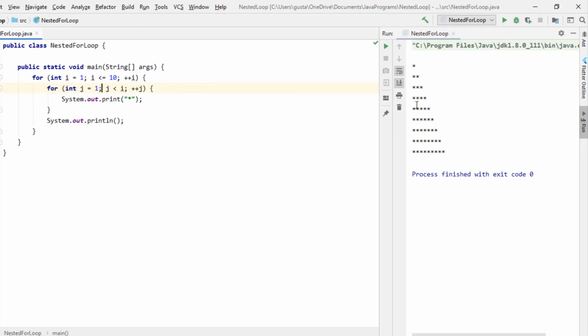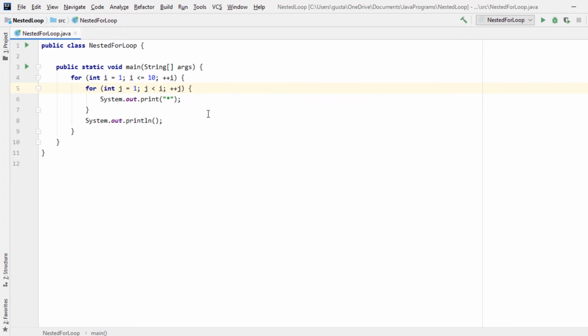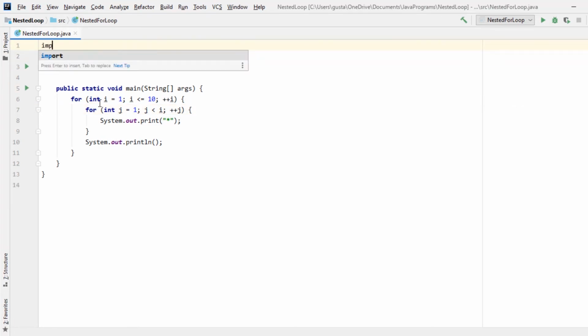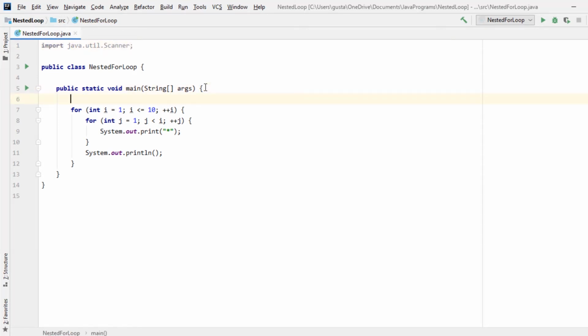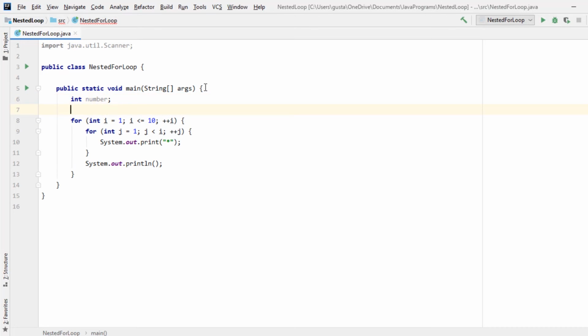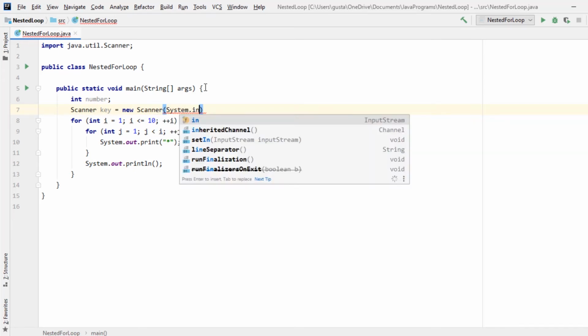Now, let's try one interactive program. This program is to display the multiples of user-typed numbers up to the 12th multiple. So first things first, add our import statement: import java.util.Scanner. Now let's declare our variable and scanner object: int number; Scanner key = new Scanner(System.in);